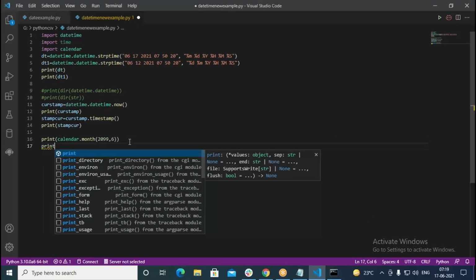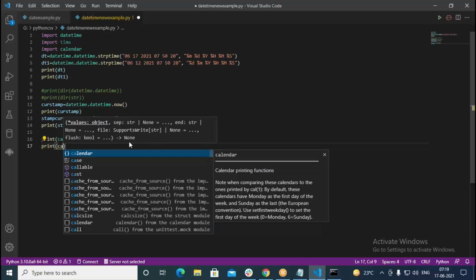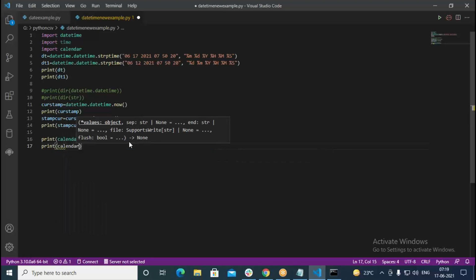Print, then calendar we put here. The very first thing is the year, so I give 2021. The next thing is how much space I want between the columns. I give one space. Now, how many blank lines do we require between the rows? I just give one. How much space is required between two months? I want to give six spaces, or just one space.